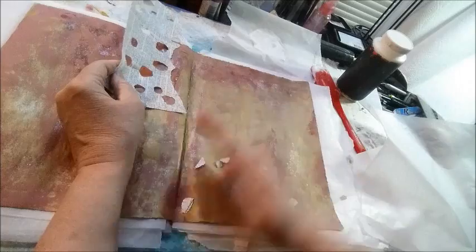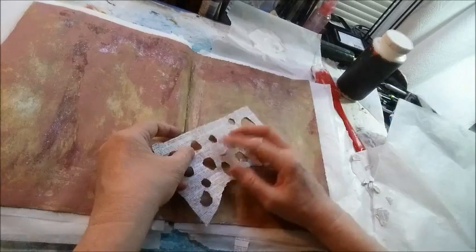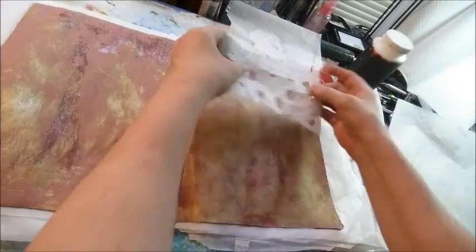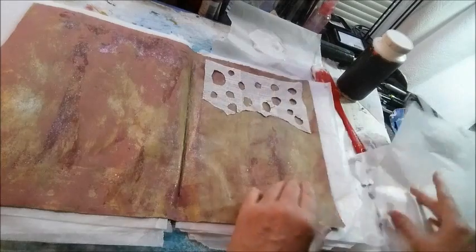I got all these little circles. I don't know if I'm going to use them. If I do, I'll do it on the second layer around. Let's just tack it down there, and then I'll come back and